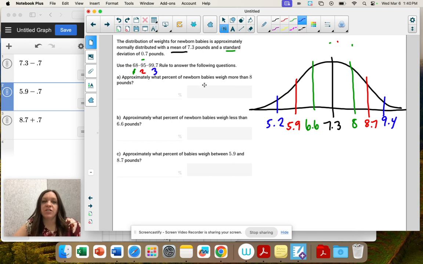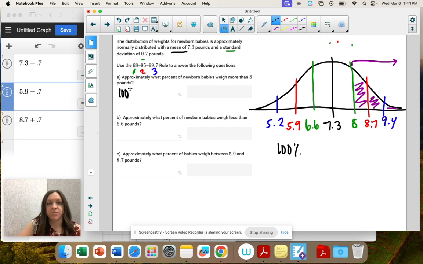So what percentage of newborn babies weigh more than 8 pounds? So we want to go to 8 and everything over here. So I'm going to shade. So right here, here, and here. What percent is that? And to figure that out, I'm actually going to look at the whole thing. The whole thing is 100%. So half of it, if I take off this half, it's going to be,